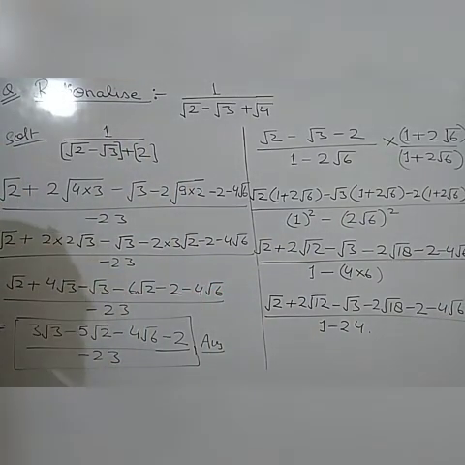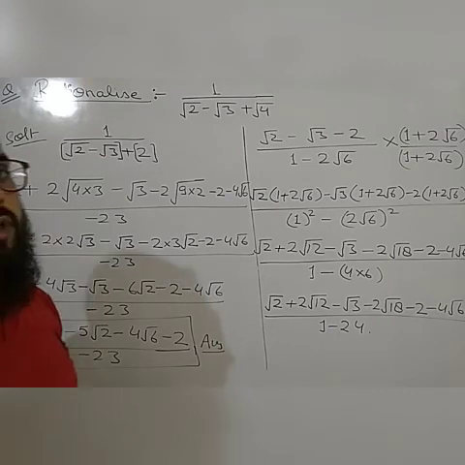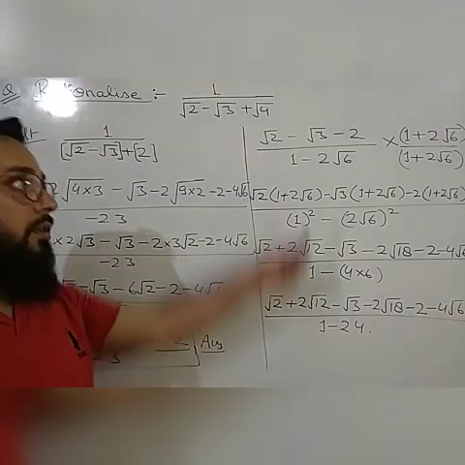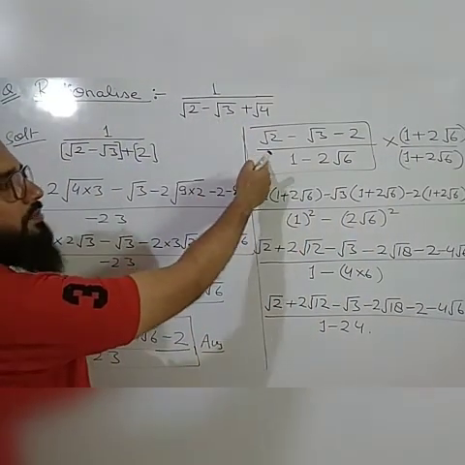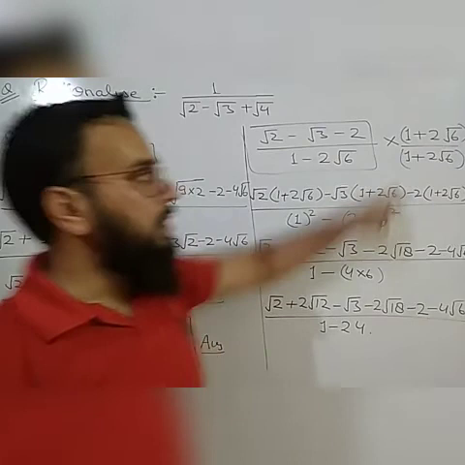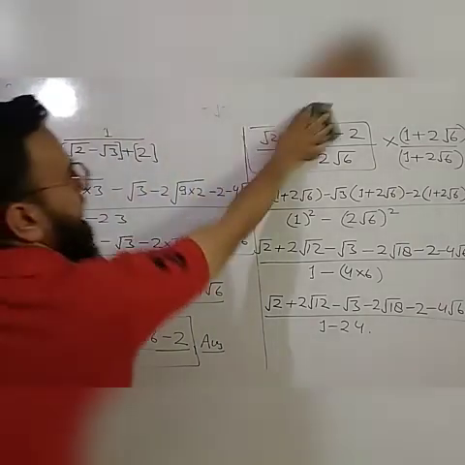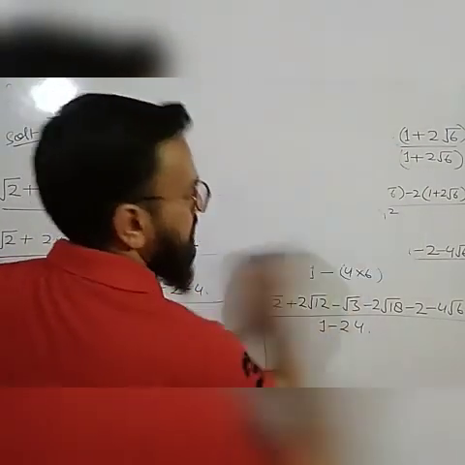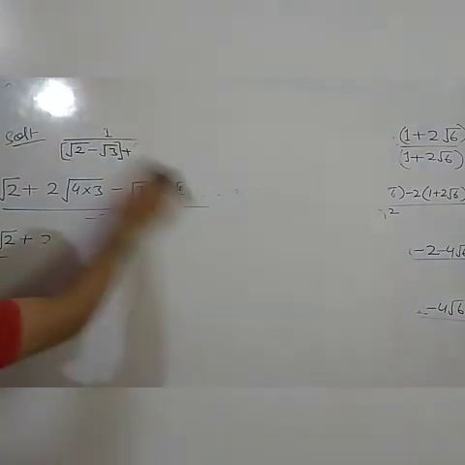Then you will get another fraction in terms of square roots in the denominator, but there will be only two terms. First, after rationalization of this term, you got this term, and it will be further rationalized. Then you will get the final answer. This is your final answer. Okay. So in this way, our rationalization topic is completed. We have solved all the different types of problems based on rationalization.